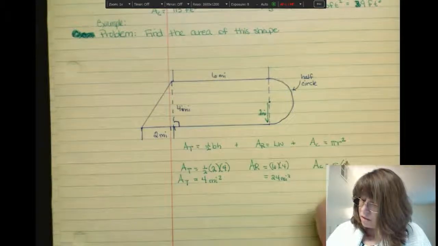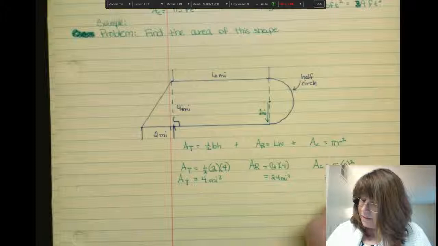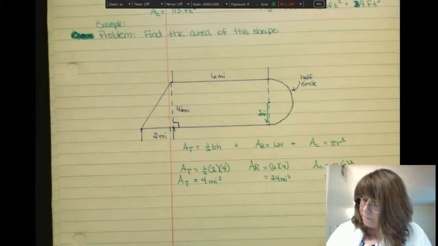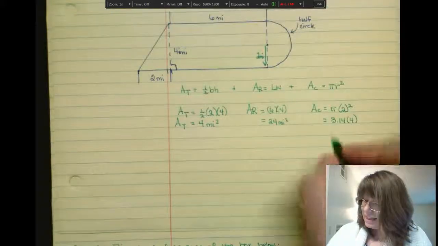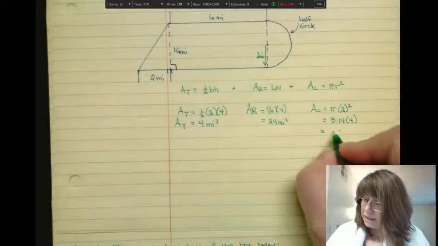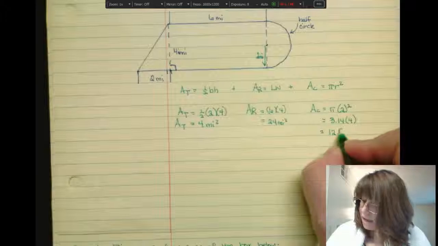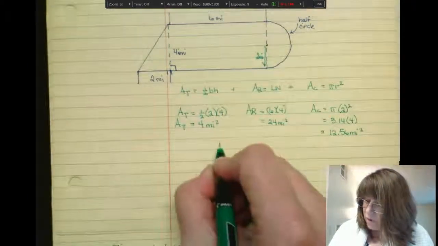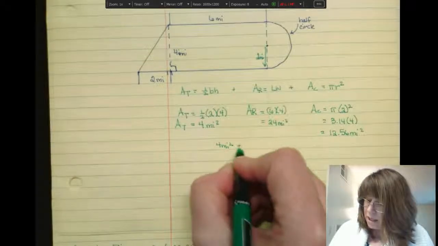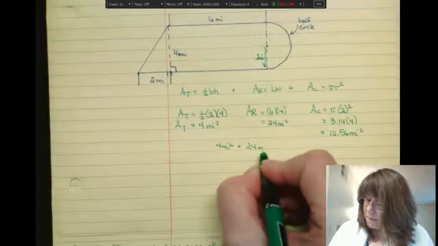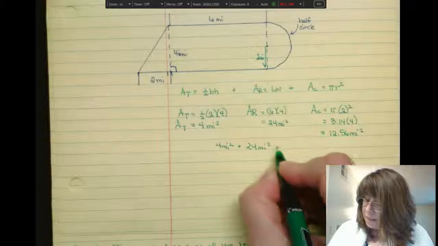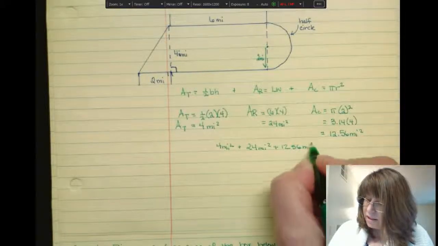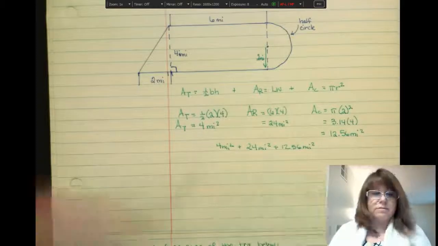So 2 squared, that leaves me with 3.14 times 4. That will give me approximately 12.56 miles squared. Now, 4 miles squared plus 24 miles squared plus 12.56 miles squared will give me